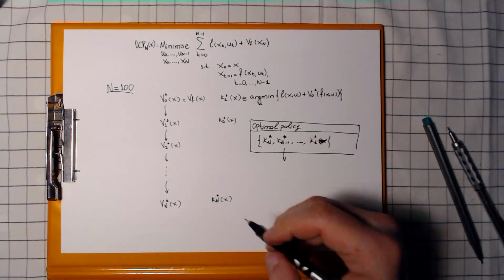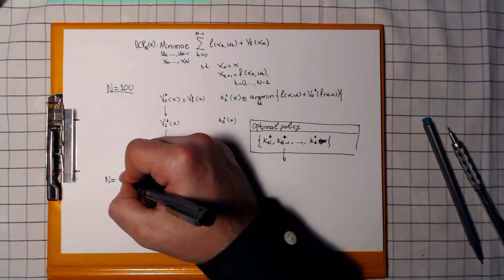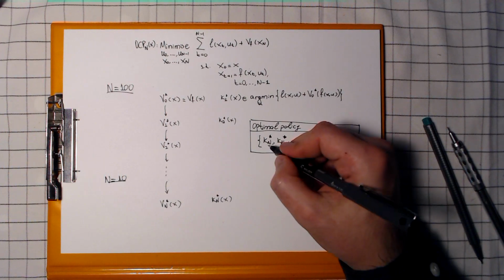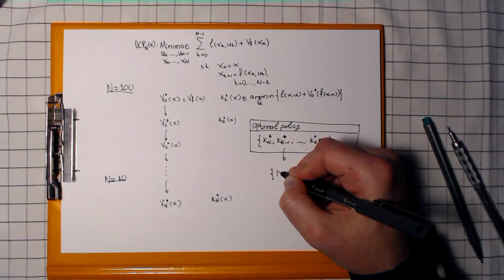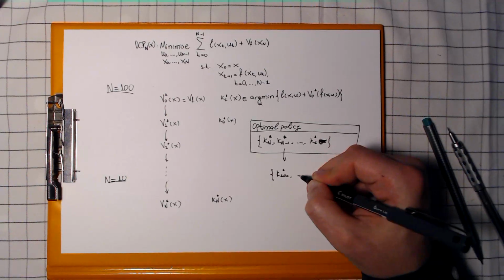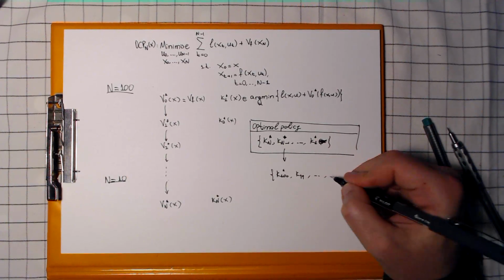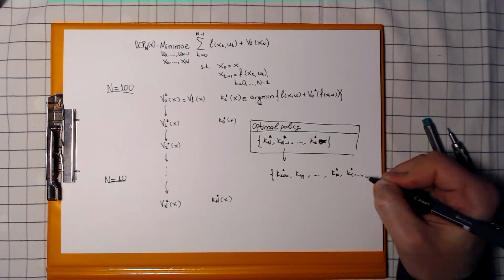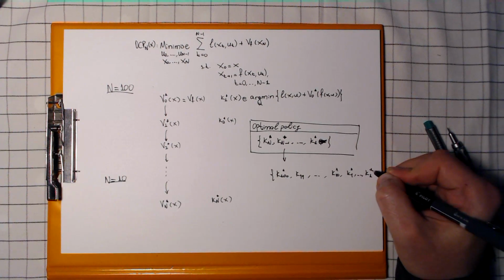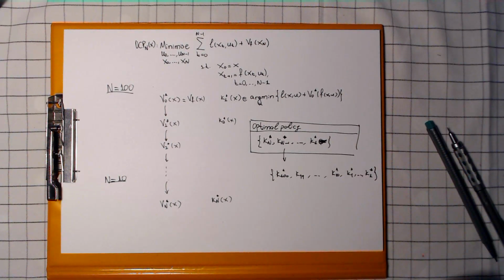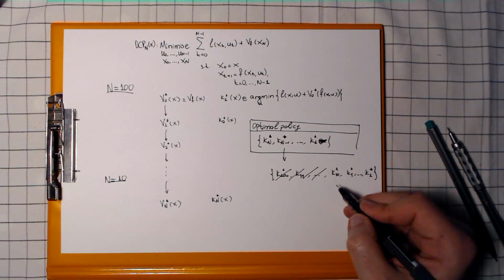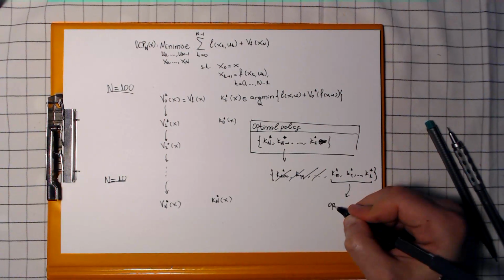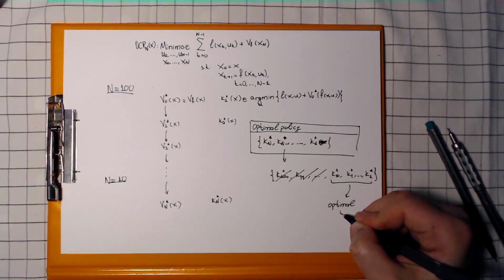Now, if you want to solve the problem for n equals 10, you don't need to do anything more. You have solved it already. You have already determined kappa 100, kappa 99, and so on, kappa 10 as well, kappa 9, and kappa 1. Just drop all these values and keep these, and this will be an optimal policy